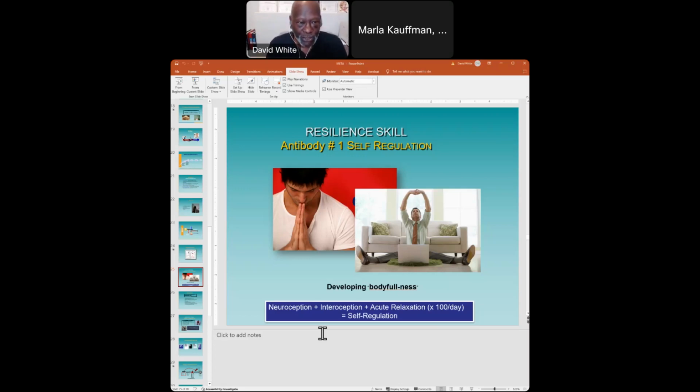Interoception is your capacity to feel safe and to log into what's happening in your body in the moment, right now. If you're able to pair neuroception and knowing what's happening in your body right now, and you add relaxation to that, you're able to self-regulate. And again, self-regulation is what keeps you from developing secondary traumatic stress and burnout. So the first thing that we want to teach you is self-regulation in the workshop.